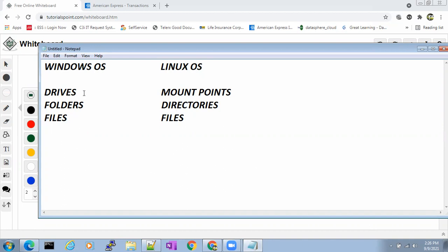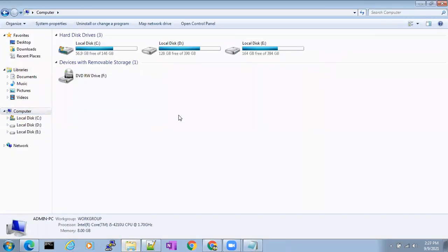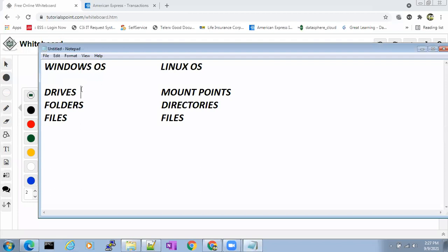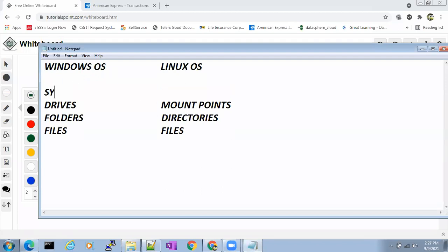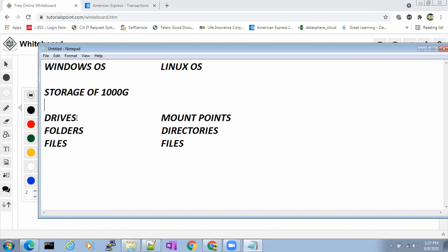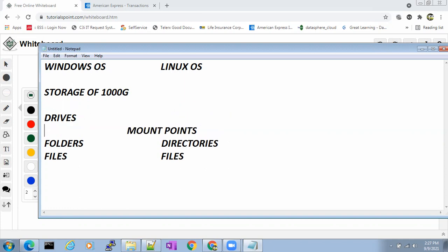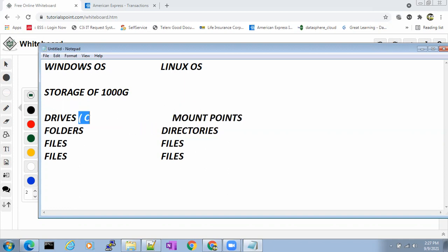So in Windows, everyone knows what this is. For example, in Windows, I have a storage of 1000 GB. So how many drives do I have? I'll write it here.